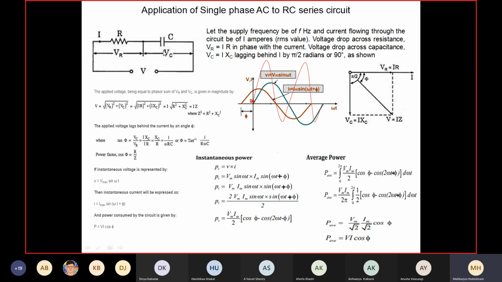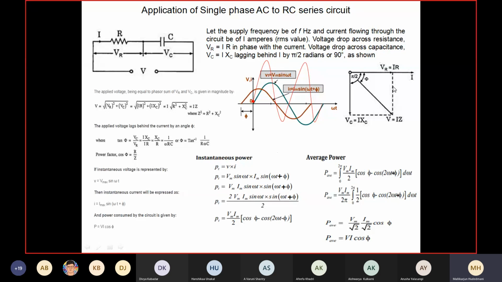When I use the word capacitor, current always leads ahead of the voltage. With respect to voltage, current is leading. With respect to current, voltage must be lagging. Therefore, I utilize the second relation. With respect to current through capacitor, voltage must be falling down by 90 degrees. You can see here at the tip of this vector, a dotted line is drawn. What is the magnitude of that? Same as Vc. Vc is the voltage across the capacitor which is lagging behind the current by an angle of 90 degrees.